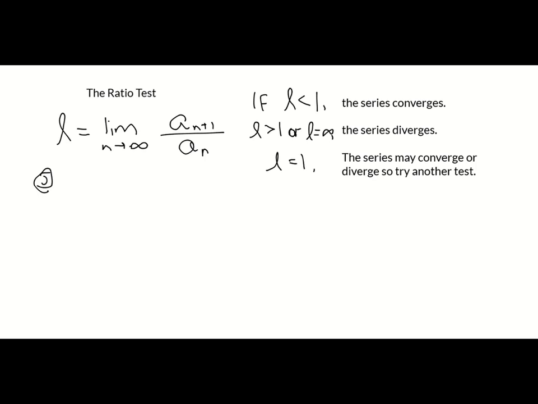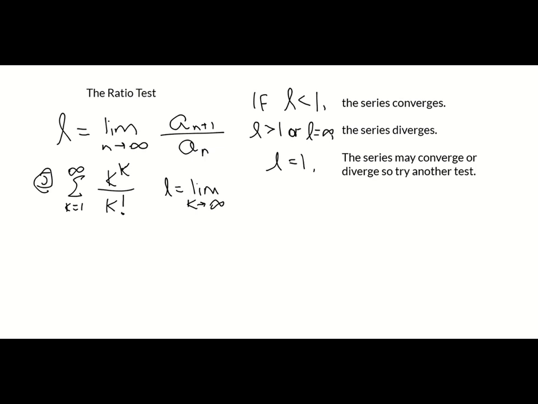This one is the sum from k equals 1 to infinity of k to the k power over k factorial. Y'all remember factorials? When you multiply a number times every integer preceding it down to 1. Alright, so we're going to figure out what this number L is. L is going to be equal to the limit as k approaches infinity of